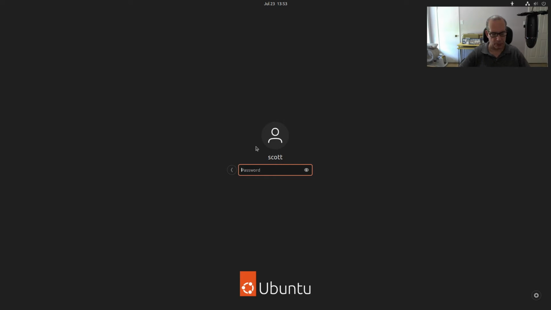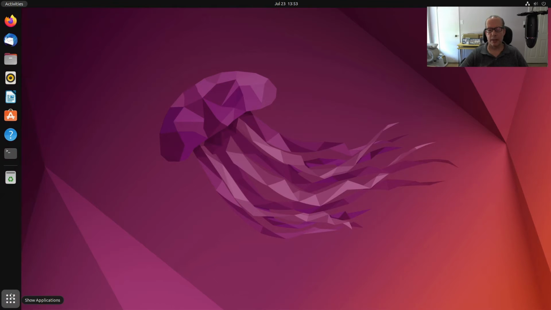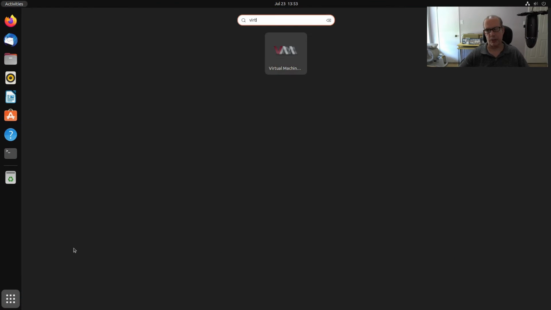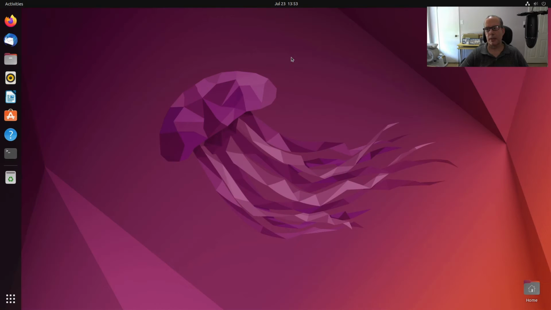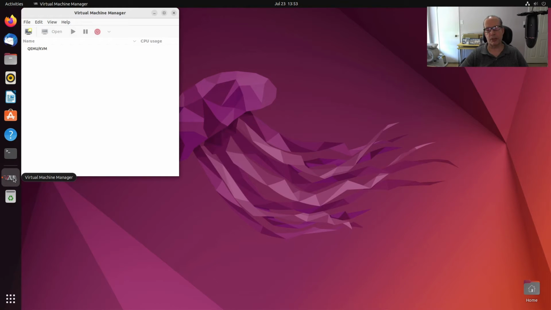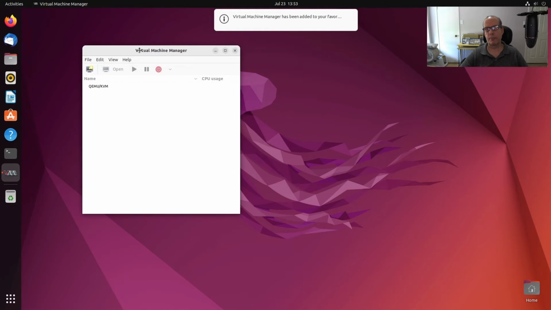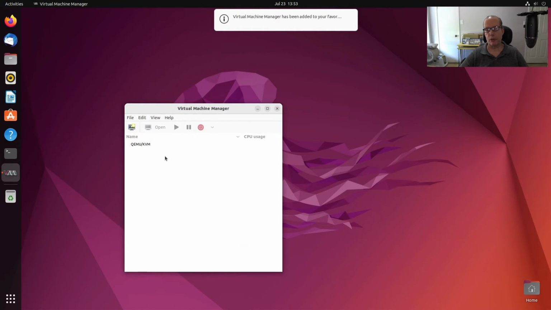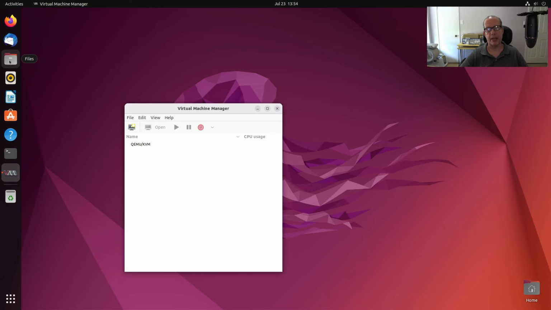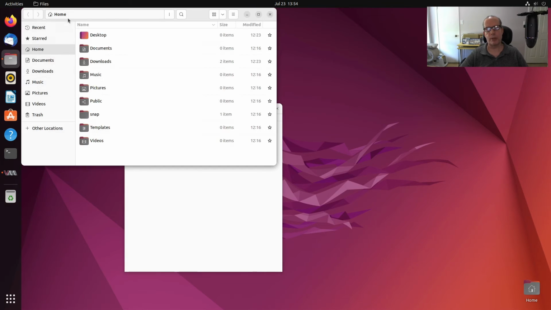Now that the system is rebooted, we log back in and we execute Virt-Manager. For convenience, I'm going to right click and add Virt-Manager to my favorites. So here's Virt-Manager. In order to create a new VM, first of all, you have to have an ISO for a VM that you want to create from. So if I go into my